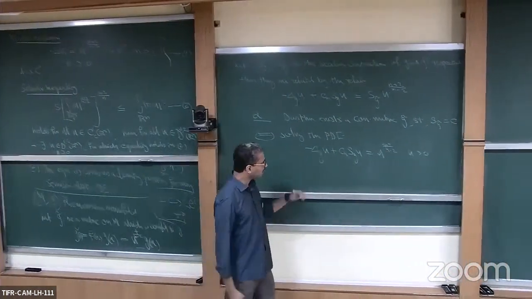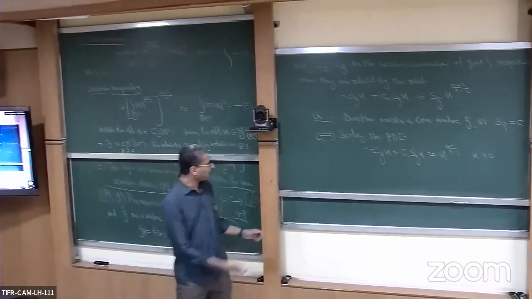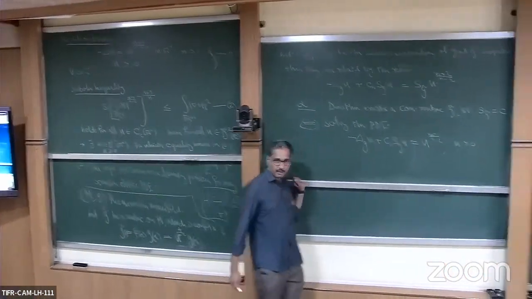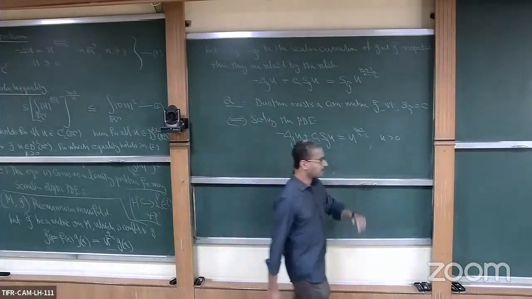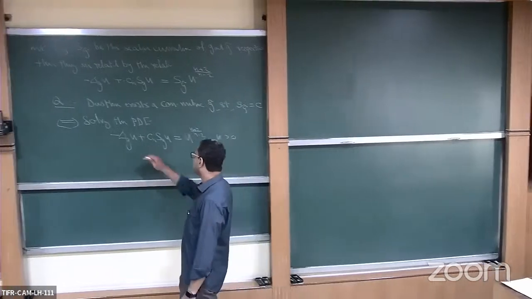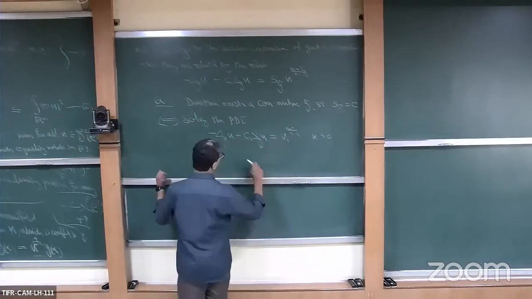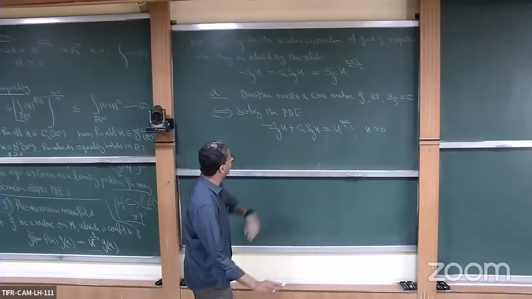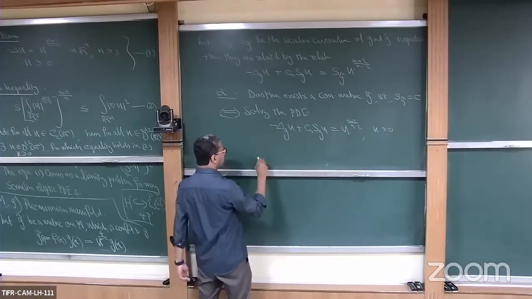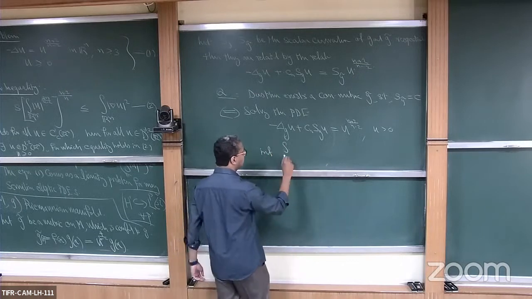So the question is, can we solve this kind of partial differential equation? Assume that your manifold is compact. One way of finding solutions for such a PDE is to pose it as a minimization problem. Or in other words, what you can do here is try to find the infimum of the integral